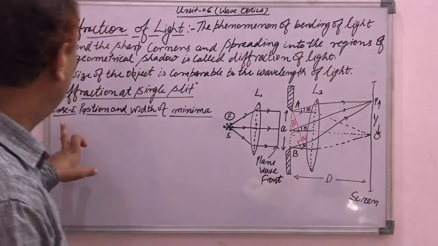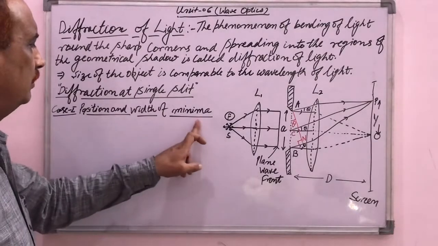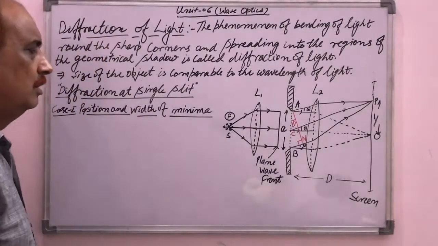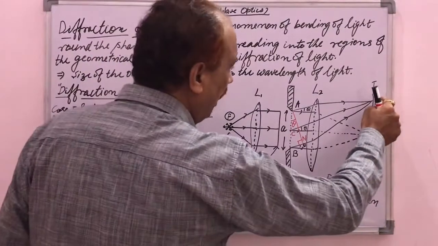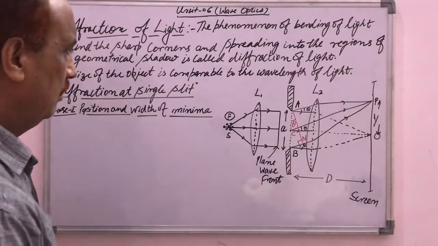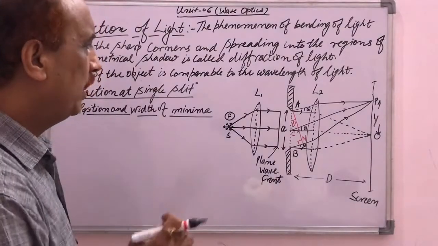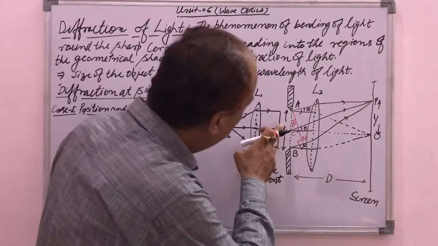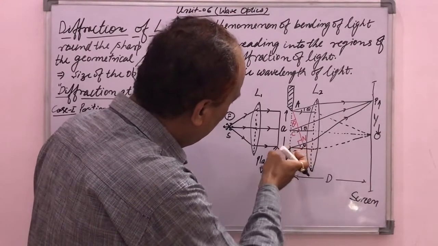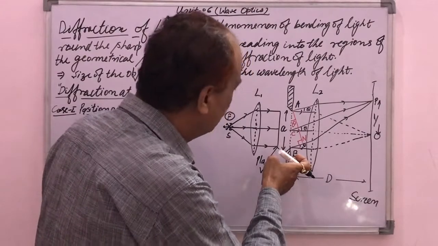First of all we start with case 1, and we have to find the position of the minima. To find that position, we consider at point P that a dark band is obtained when the light is incident at the point P. Now to find that value, we have to draw a perpendicular from the point A on the ray which bends from the point B of the slit.